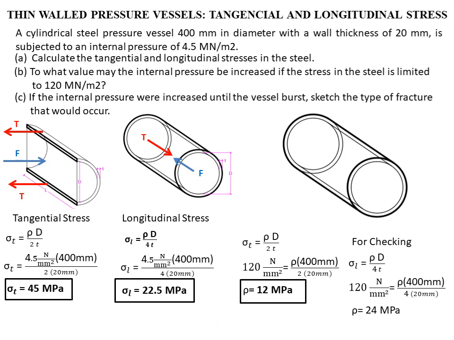And then let's proceed to letter C. If the internal pressure were increased until the vessel burst, sketch the type of fracture. As discussed, the most critical is the tangential stress. It can hold only half for the consideration of the longitudinal stress. So if we sketch the bursting fracture, it will occur in the longitudinal section. This is what we call the